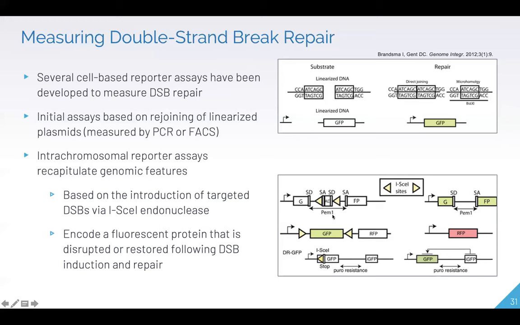If these two come together in some fashion, then they will fluoresce green. But in that reporter, they put in some foreign sequences, and in this case, two restriction enzyme recognition sites for that I-SceI restriction enzyme that I told you about. So if you put this in, you can actually integrate it into the chromosomes, and then you could transfect